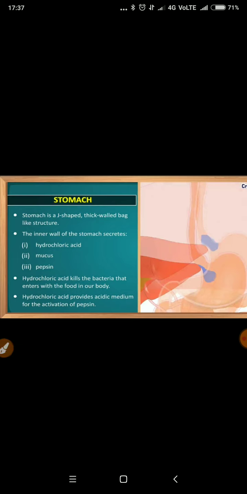So you must have observed sometimes that if we have not eaten something since morning or we are fasting, then we feel acidity. Why does it happen? Because it hardly matters whether we have eaten something or not, the stomach will release hydrochloric acid. And if we do not put anything into our stomach to get digested, what will happen? उस एसिड की वजह से हमें एसिडिटी फील होगी. What do we do that time? We use to take antacids like Eno etc.